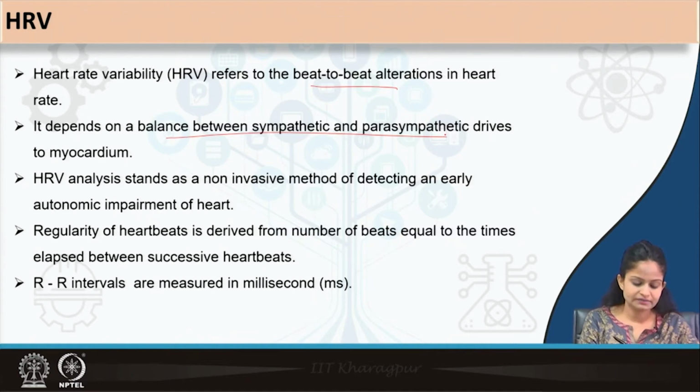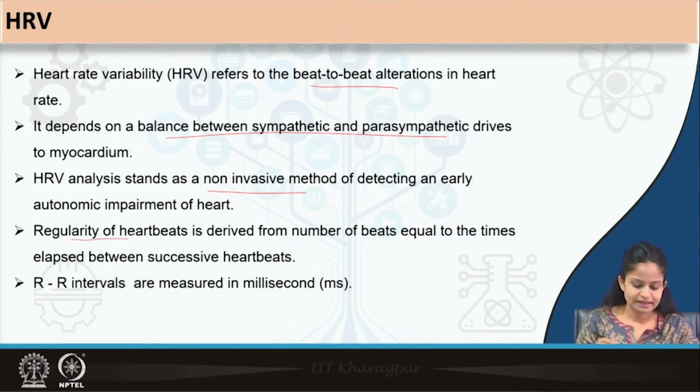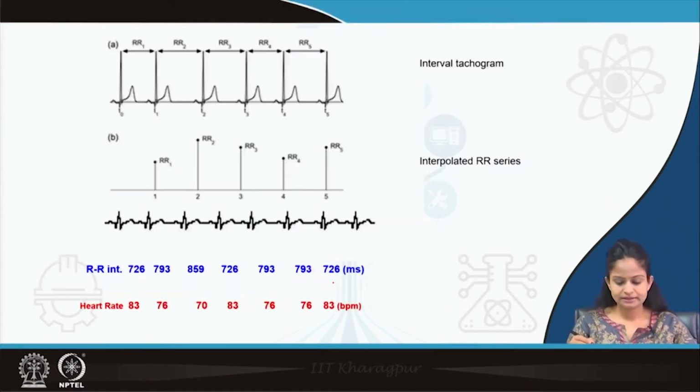Heart rate variability analysis is actually a non-invasive method of detecting early autonomic dysfunction in an individual, and this is usually determined with the help of RR intervals. RR intervals are nothing but the regularity of the heartbeats, and this is usually determined from the ECG recording and measured in milliseconds. So, in this diagram we can see this is the interval tachogram and this is the RR